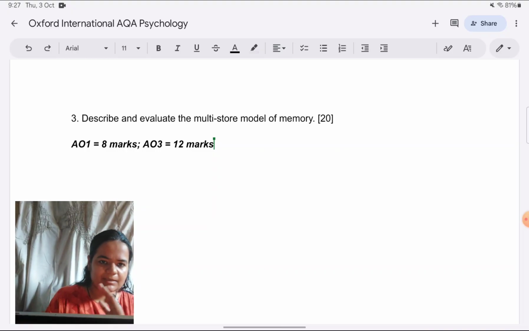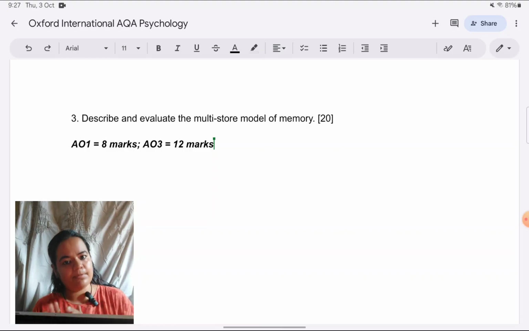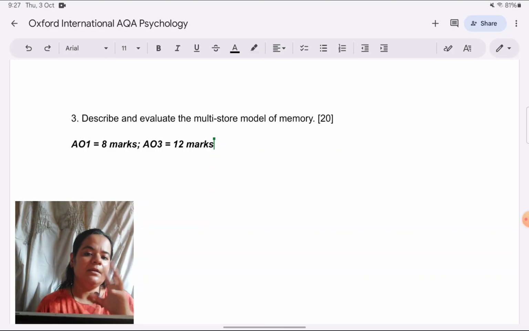Even if we see the mark scheme, they haven't specified how many evaluation points you need to give or how many descriptive points you need to give under AO1. But I would give you some suggestions according to me. This is strictly my personal opinion as I'm making the outline. What you should cover, how much you should cover, in my opinion, what makes for a good writing style. Take it as a model of how you should write or a sample. Does not have to be fixed. You can take it as a sort of rough template on how you can structure your answer.